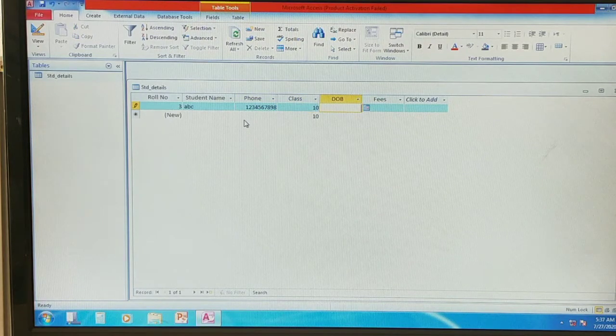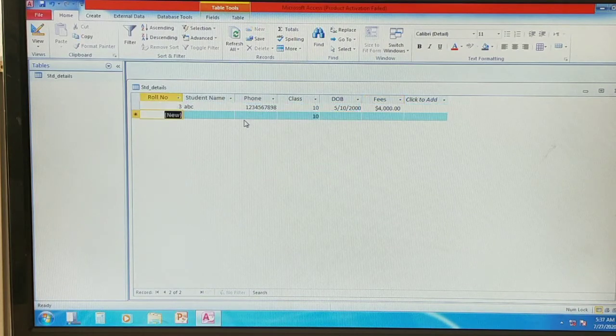Date of birth, you can take any date. Next, fees, you can enter around 4,000. Now you can observe that the student name field has the primary key.